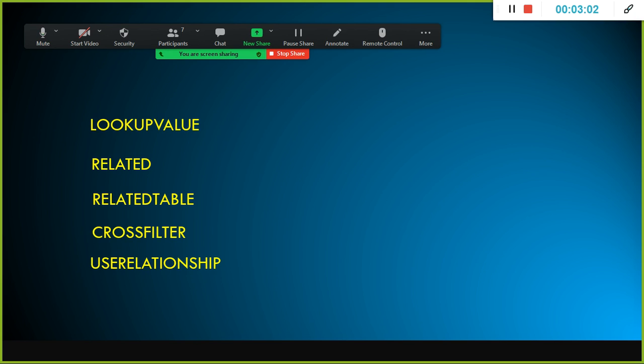Because it helps you apply the filter on both sides. We looked at the product and date dimension tables and also the fact table. In that case we enable the bidirectional relationship between the product dimension and the fact table by setting the option both in the cross filter function.